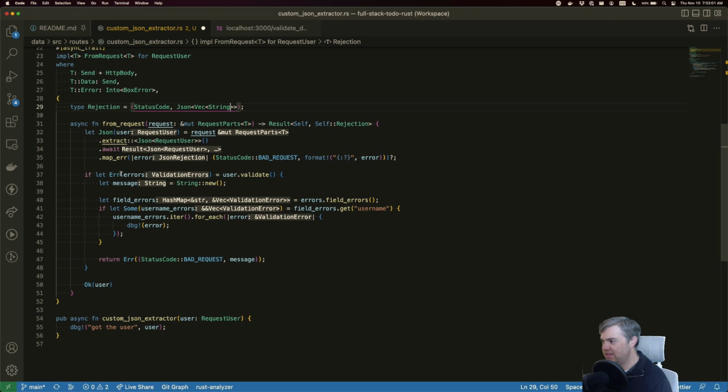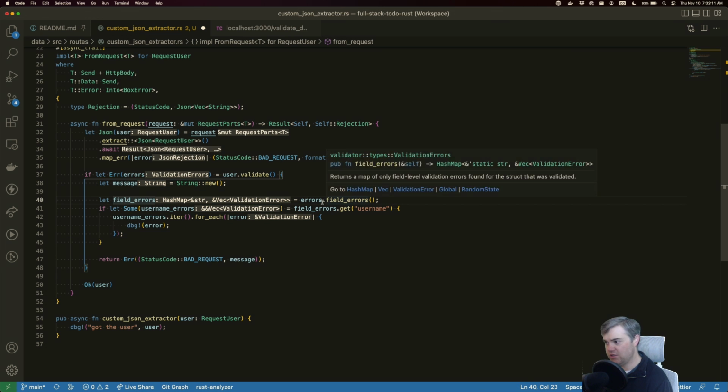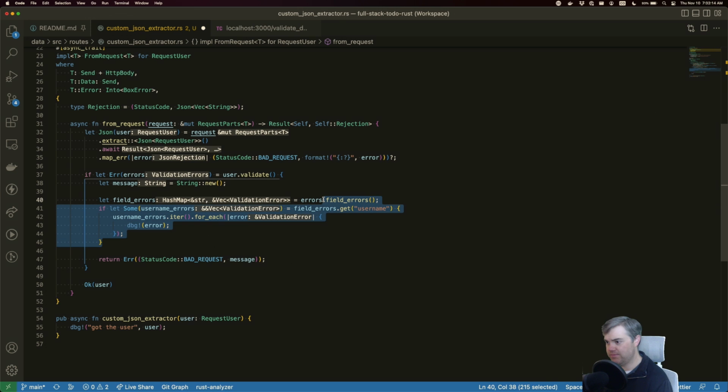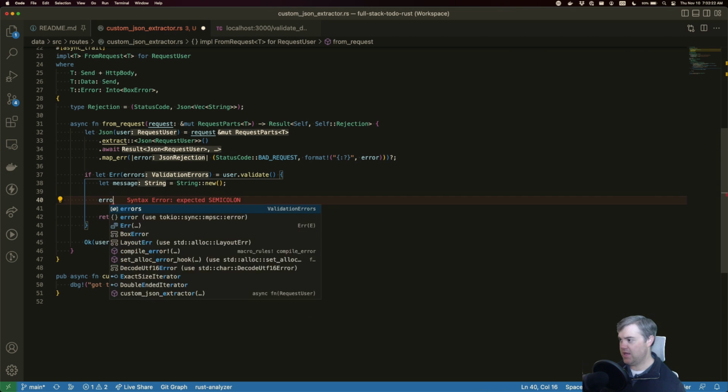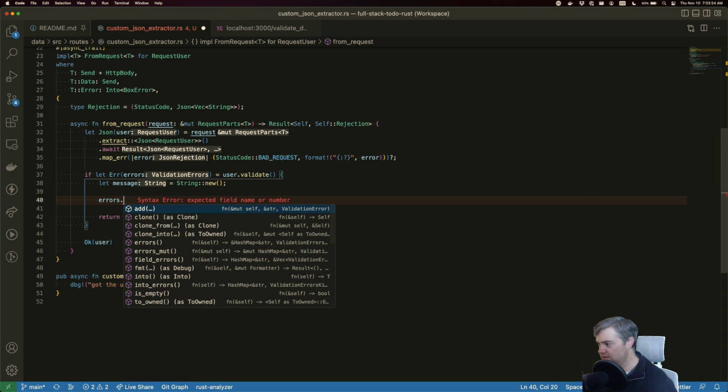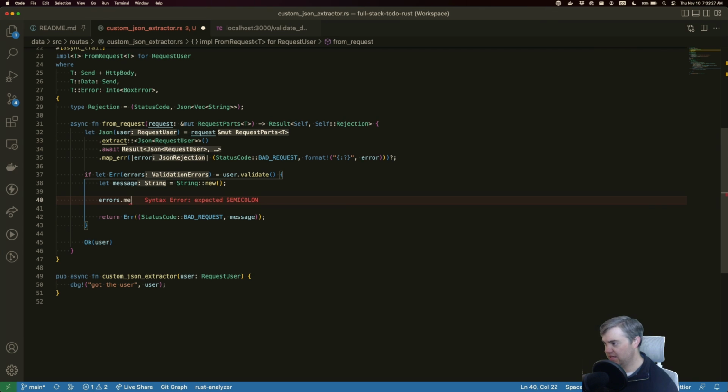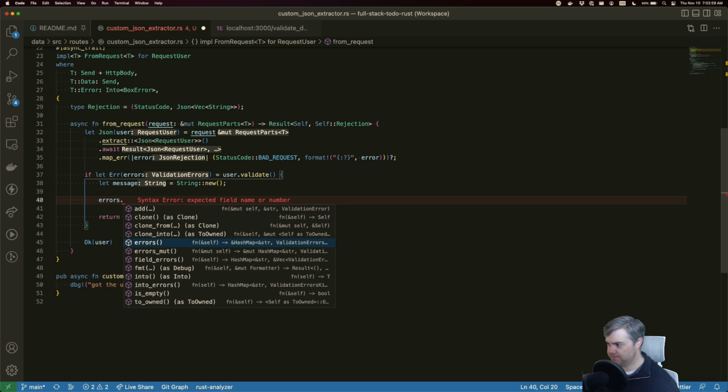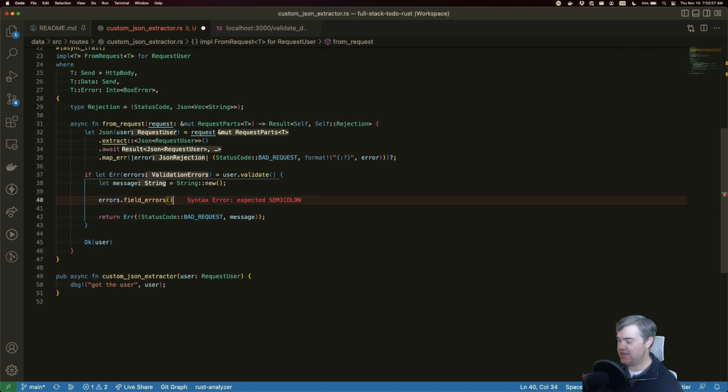Okay, so if let errors validate. Now, can I pull... So we have field errors. Can I get the messages? So can I do errors dot... Can't get the messages. I can get the field errors, which is then okay, so